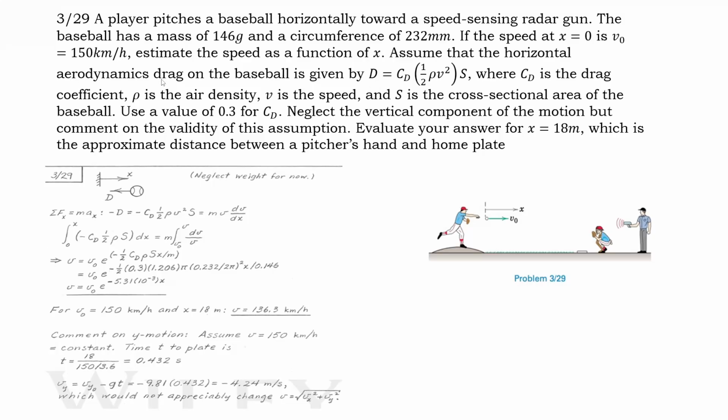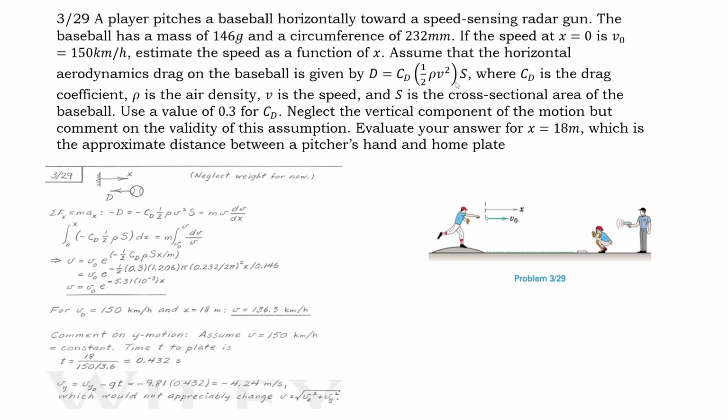the drag force, aerodynamic drag, which is this. And it is called horizontal. We also have vertical, and in this question we don't have it here. So it is called CD, which is a number, 0.3, 1/2 rho, the density of the air. You need to memorize the density of the air, which is 1.2, and also the velocity of the ball, and